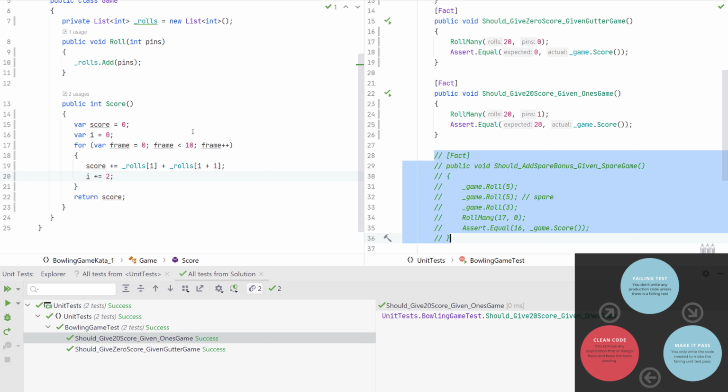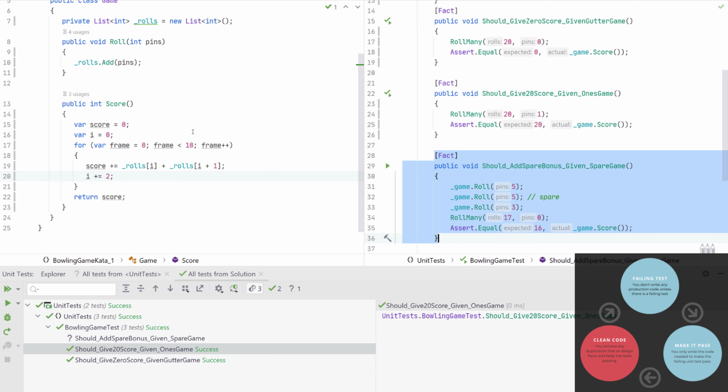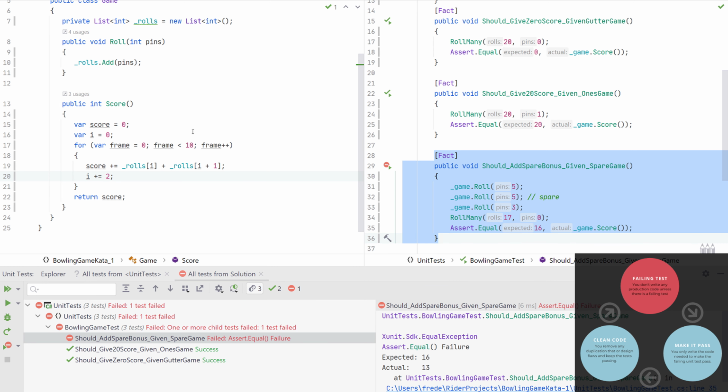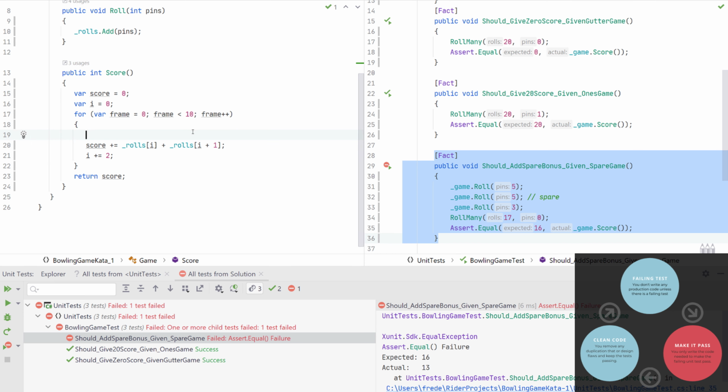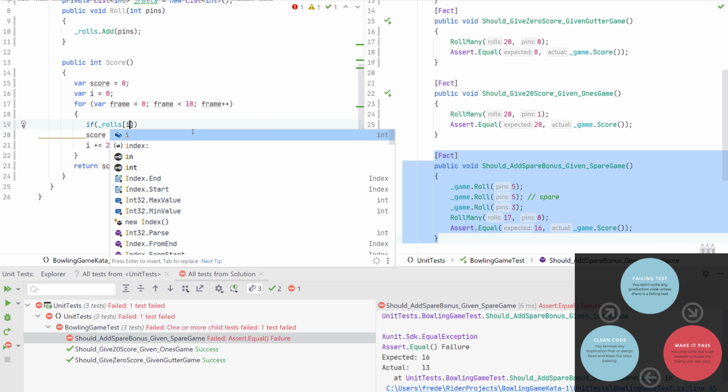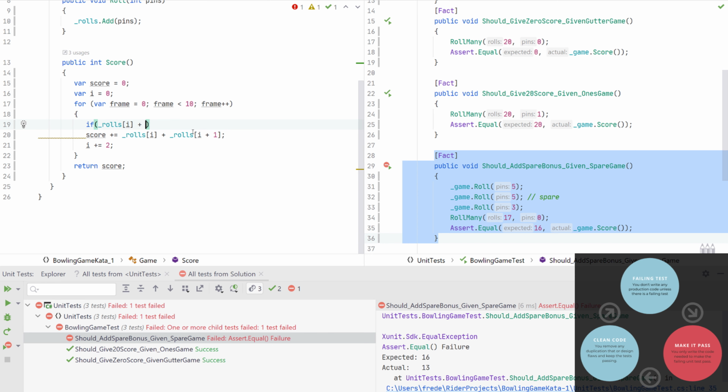And now I think we're ready to tackle the spare issue. So of course it's obviously still failing. So now we can do this. So now we know this is a spare.